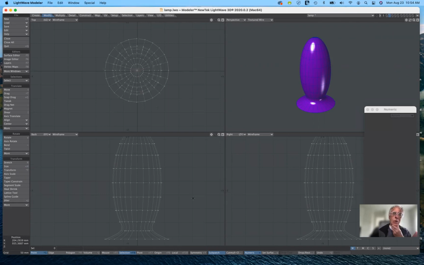Remember, if they're on their own layer and nothing is selected, then everything is selected, and then I can add surfaces to them,